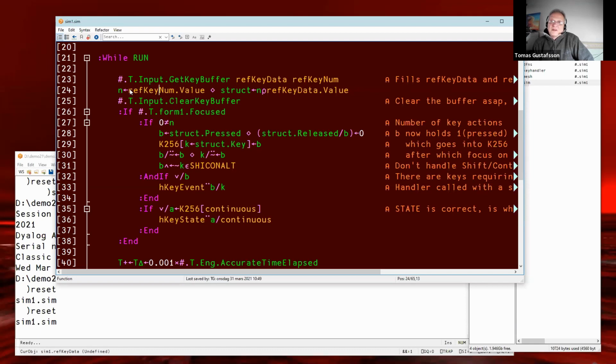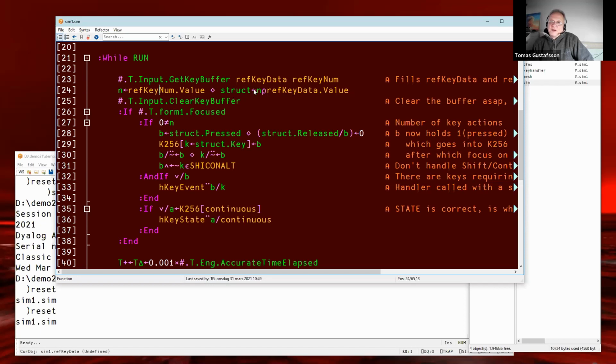It's probably 1 or 0, but it can be like if you press, for example, control and a key, then it will be 2. And actually, I made room for 2 keys in this ref key data slot. There were 2 of them.